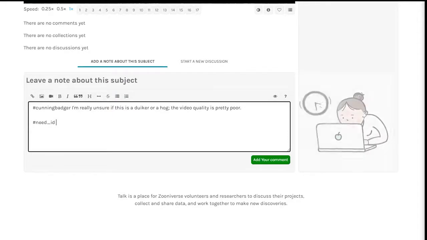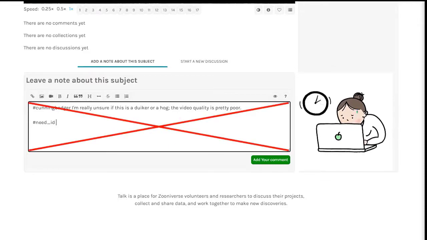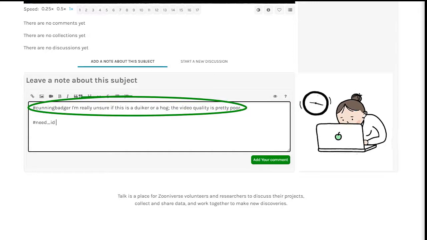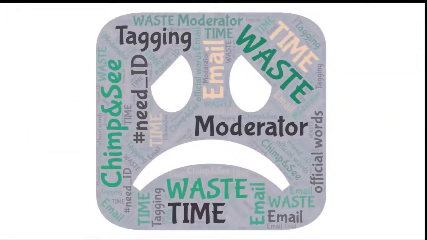Well, a moderator will contact you and ask you to delete or strike through the need ID tag. This is really time-consuming, and if you don't respond, then the moderator will eventually have to delete the entire comment. That destroys valuable data, such as your correct hashtags or your question. So it's a bit of a waste of time for everyone.